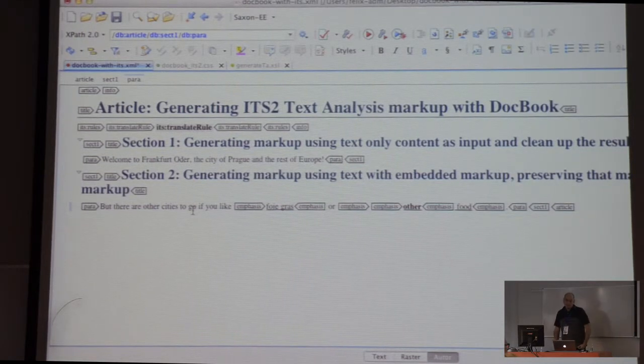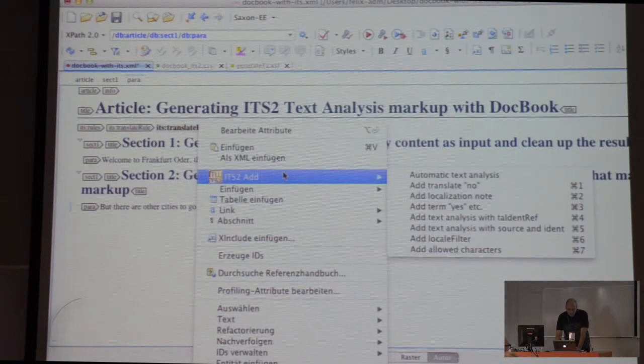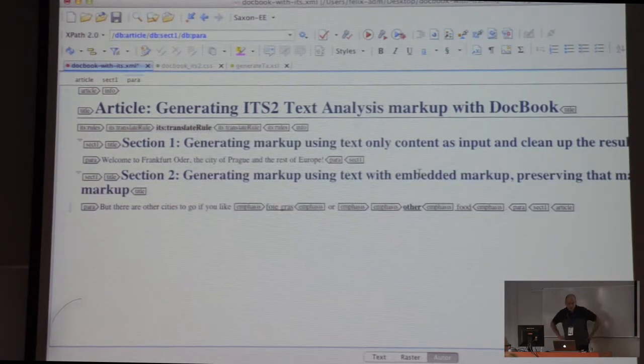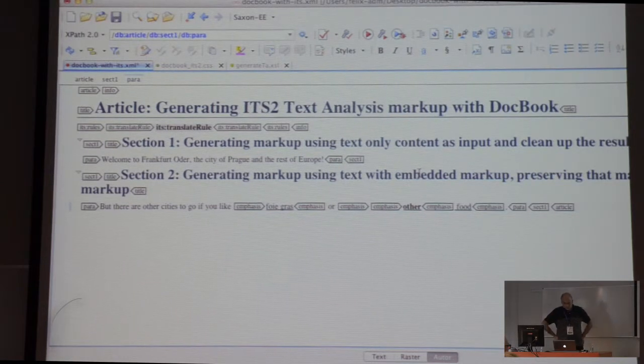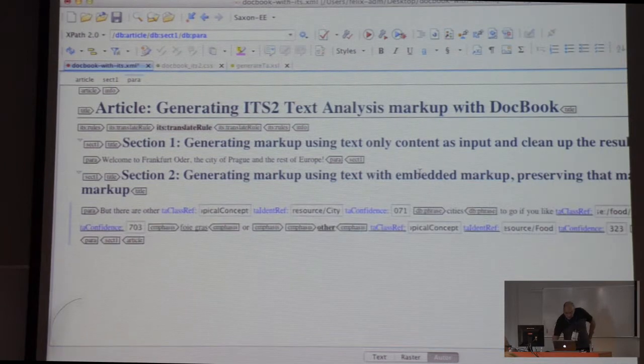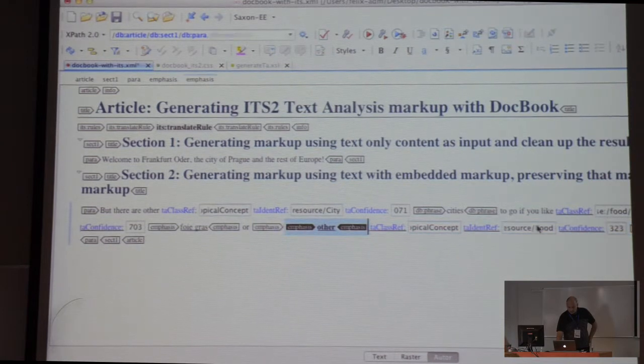And in this example here, in the text where the auto-generation is done, there is existing markup. I'm showing this so that you can see that this is not destroyed. Again, I'm calling the annotation service. And you see when there is no existing markup, a new element is generated. When there is existing markup, the existing element gets these ITS attributes, and that also works with nested markup here. So these elements here are preserved, and then there's another element generated,